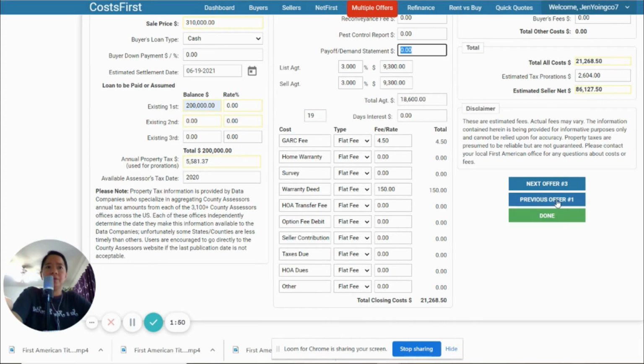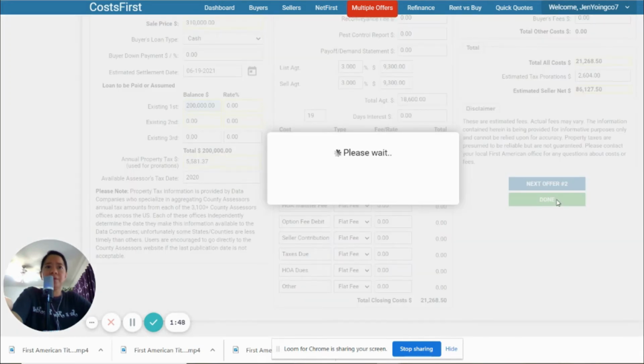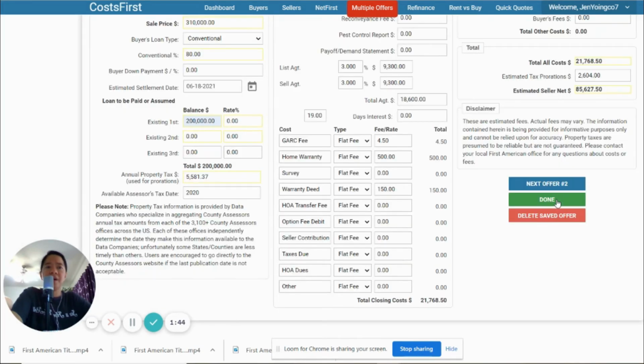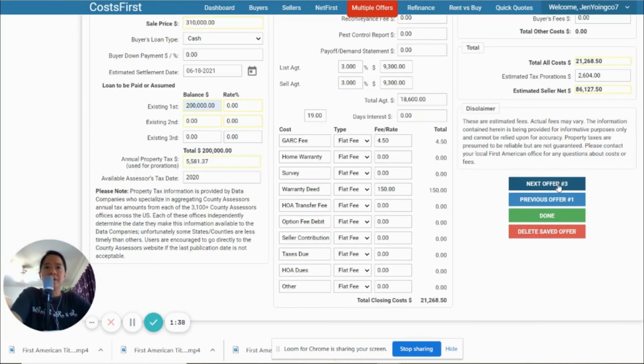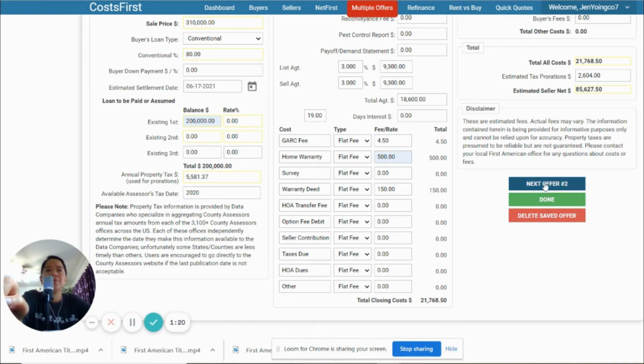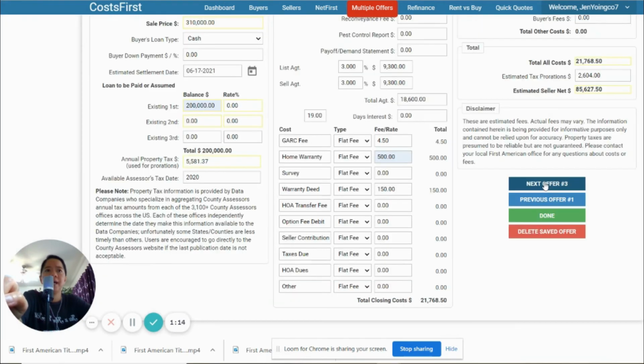86,127.5. So the previous offer here, if we compare, it's 85,627.5. And the next offer here is 86,127.5. If I put 500 here for the warranty, just to see if there's a difference. So whether it's the previous offer for conventional and the next offer for cash, almost the seller net sheet is